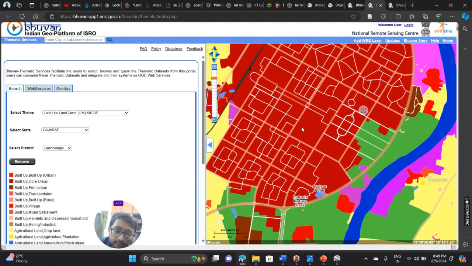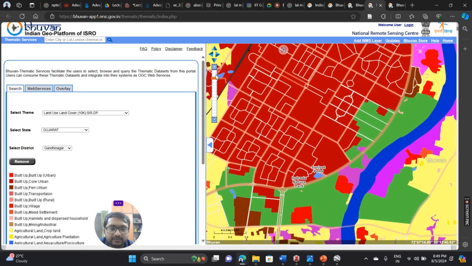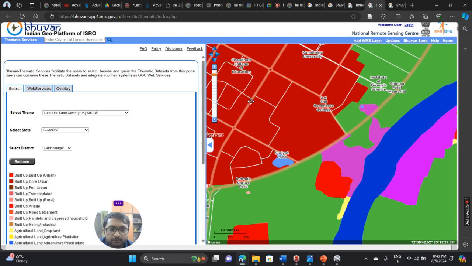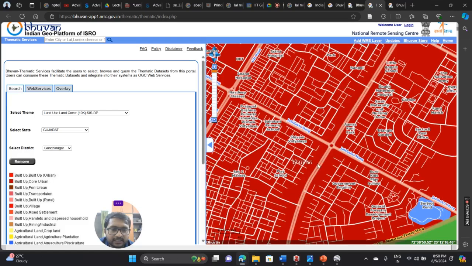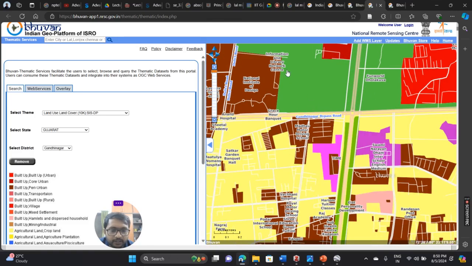So now you can differentiate in built up also which area is a densely populated area and so forth. So like this also you can check out the different buildings which are available, roads which are available. So all those things you can map out using this product, which is at very high